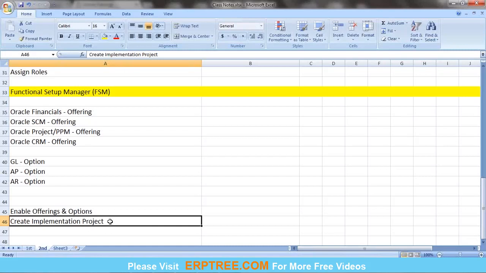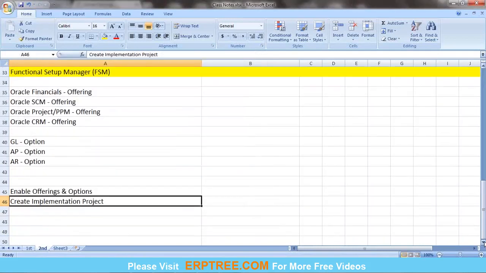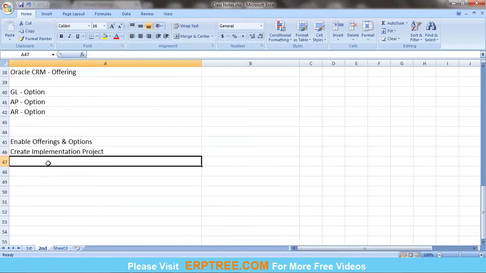However, only enabled currencies will be available to select at the time of primary ledger creation. Okay, only enabled currency will be available at the time of primary ledger creation to select the respective currency. In the same way, enabled offerings and options will be available to select into the project when you are creating the project. Okay, done. We'll be creating the implementation project. After creating the implementation project, you can assign the implementation project